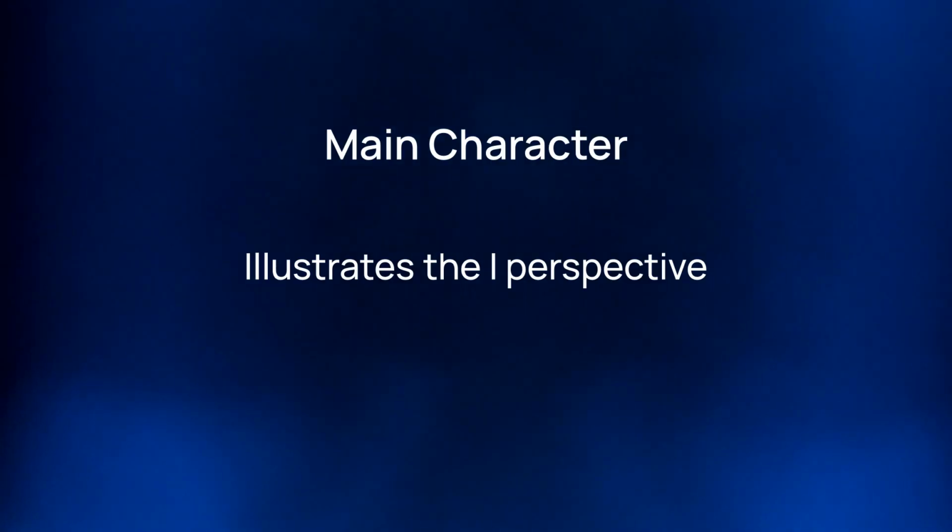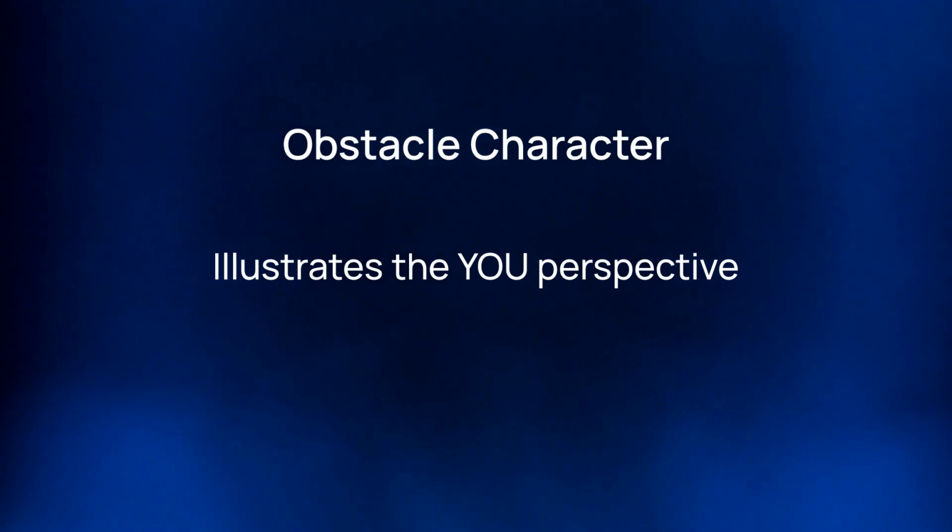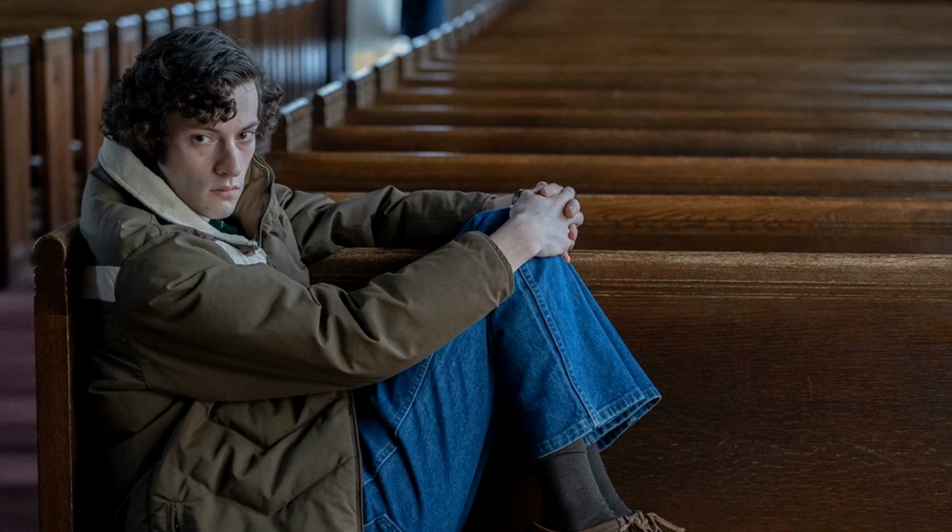Just knowing there is balance in everything. A main character doesn't mean anything without an obstacle character. So the definition of a main character is that first-person point of view and all the personal baggage. Clearly, that's Paul Giamatti's character. Okay, so then he is in the main character spot. Who is the one that's challenging him, has a similar sort of way of approaching things, but is slightly off balance? And then that would be the relationship between the main character and the obstacle character. Who is telling Paul, hey, you have a problem? Or Paul is telling him directly, you have a problem. That is the obstacle character. And in the case of The Holdovers, that would be Angus.